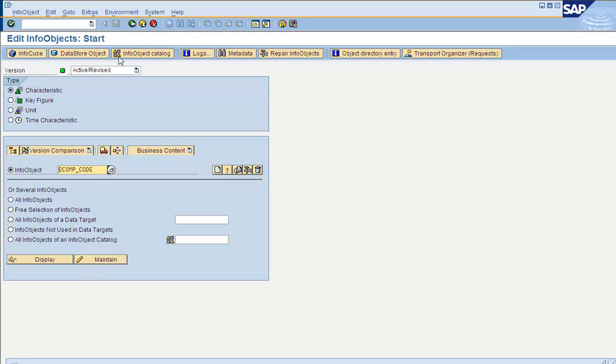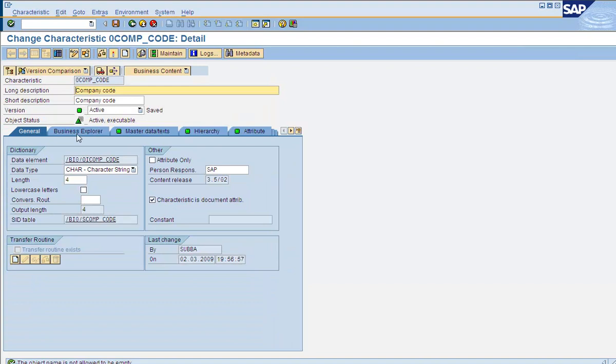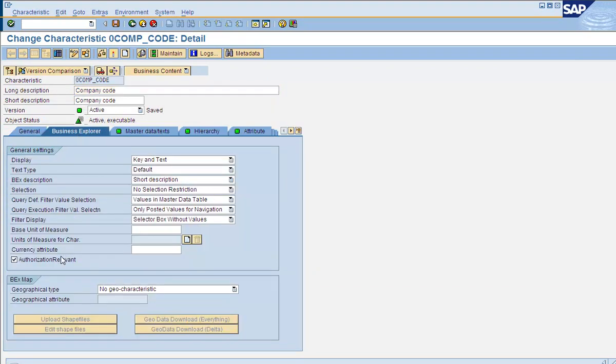To do that, the transaction code we use is RSD1. Enter the relevant characteristic or info object in the info object field and click on maintain. Now in this example, we are trying to restrict the same query on company codes. So let's do that.